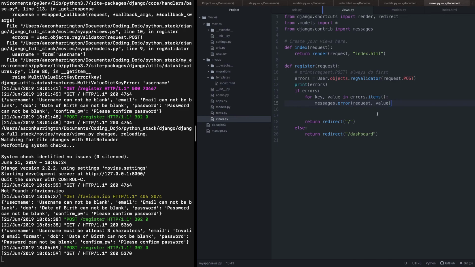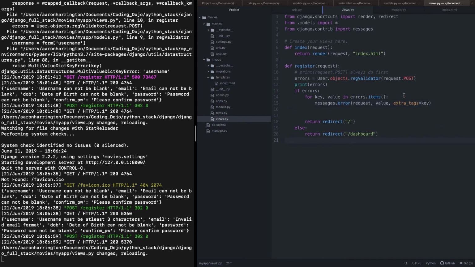So you would use, after value inside the parentheses, you put comma extra underscore tags. I think it's plural. Equals key. Okay, let's see what that does. And then you're not done yet though,